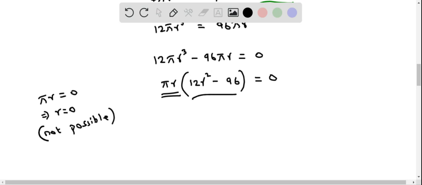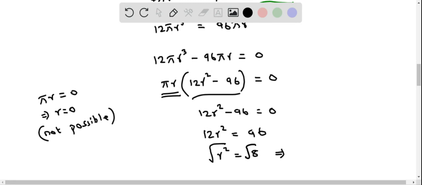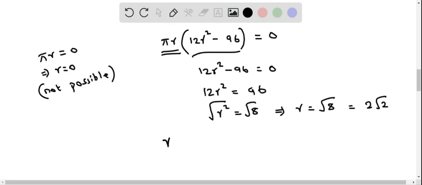And then we set this up equal to 0, that is 12r squared minus 96 equals 0. We add 96 to both sides, so we get 12r squared equals 96, and dividing by 12 we get r squared equals 8, and this implies we take square root on both sides, that is r equals square root of 8, or this equals 2 times root 2 when we simplify. So we have found out that r equals 2 root 2, and this is in meters,